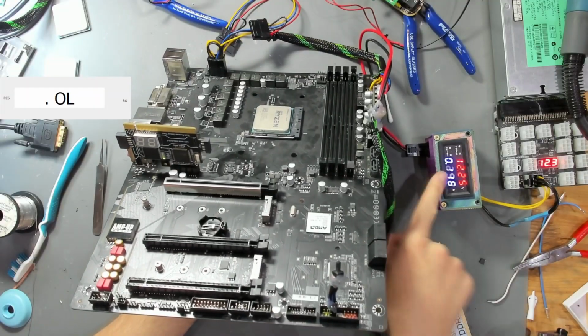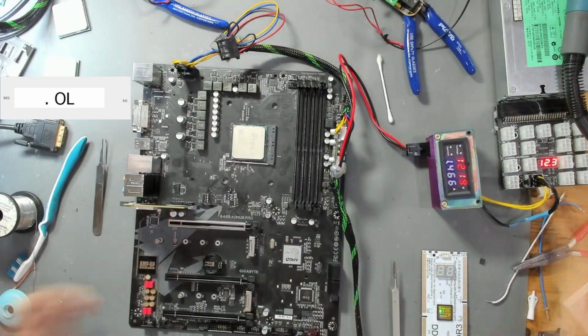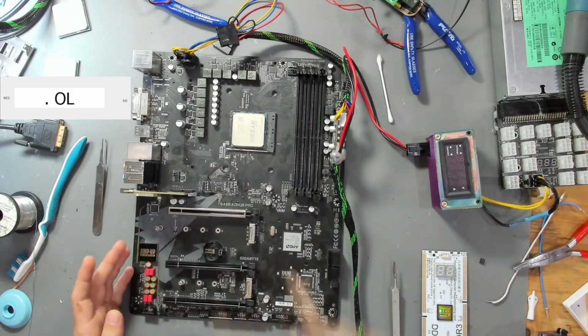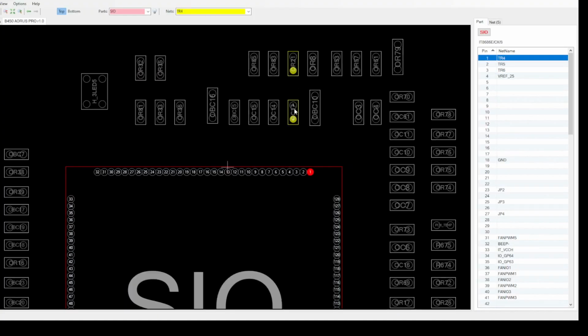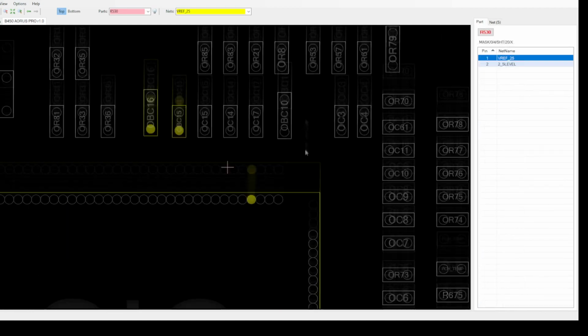So, hello and welcome to a rather weird start to this video. Today we have the second part of the B450 board that we tried to fix in the last one, where we had on 5 USB the shorted USB-C controller, and then on the 12 volt side we had a shorted